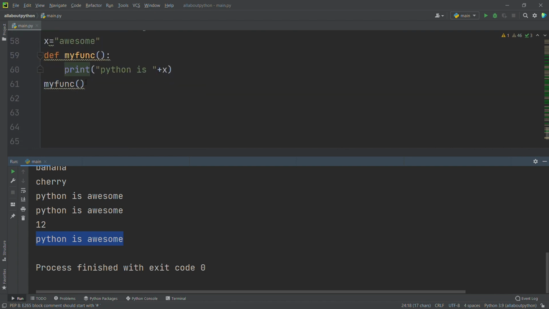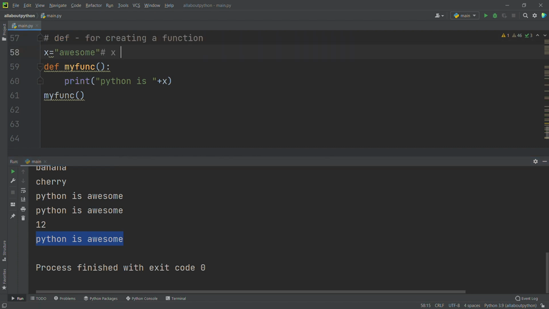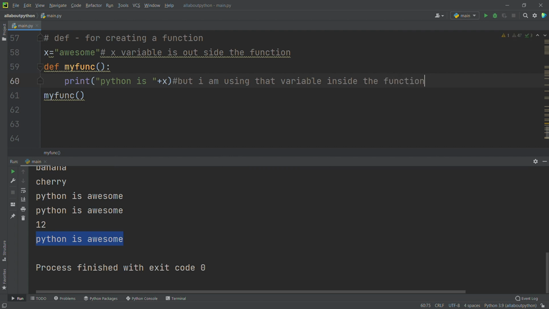So if you see here what I am doing, I have given x outside the function, right? This x variable is outside the function, but I am using that variable inside the function, and it's working fine.